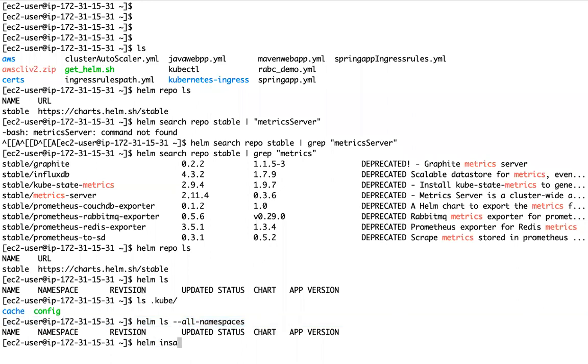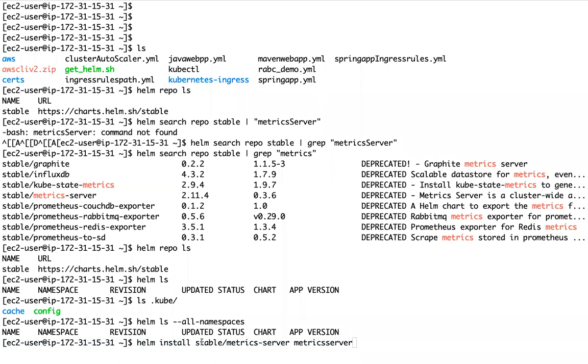Now let me install something like this: helm install, this metric server. I will give some name, metrics-server. Now in which namespace will it install as of now? What is the default context? My kubectl is pointing to which namespace? The default context in the default namespace.